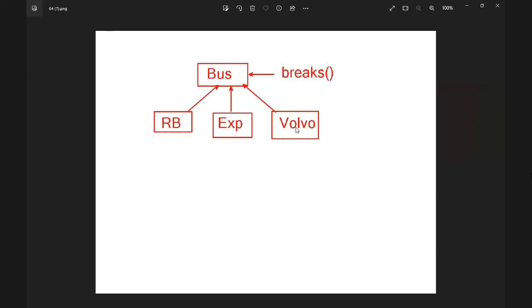Tell me, sir, brakes implementation logic is same for all three classes, sir? Almost same, right? When it's almost same, why do I need to declare it here and force the subclasses to implement? Can I implement the brakes method here? Yes. And allow the subtypes to reuse it? Yes. Right, full stop.